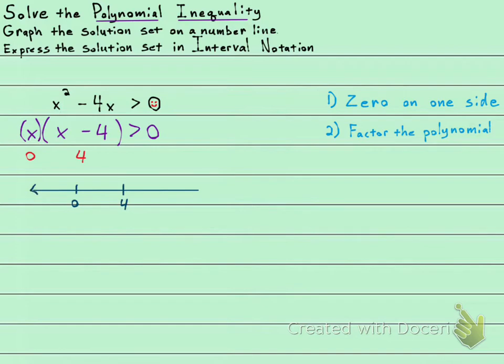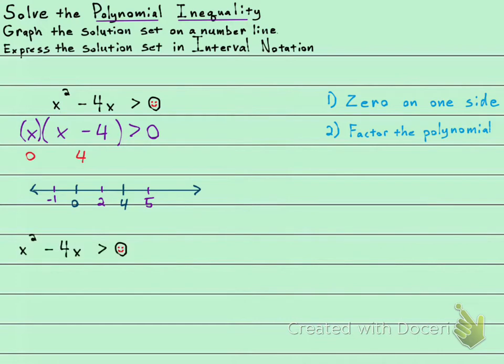And now I'm going to test a point on every possible interval. So I'm going to test a point back here, one in here, and one over here. Let's try -1, and then let's try 2, and then let's try 5. Whatever the test point gives me is going to tell me if the whole interval is part of my solution or not. So I'll go back to the original inequality,